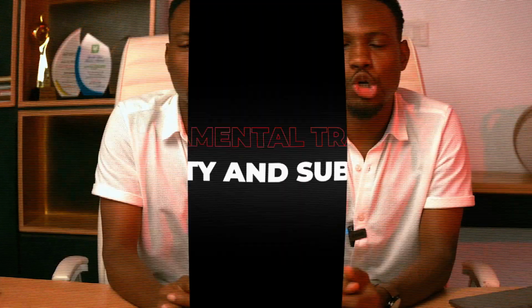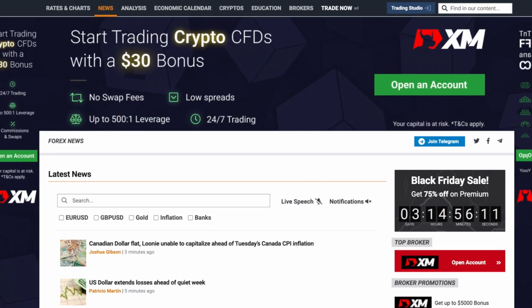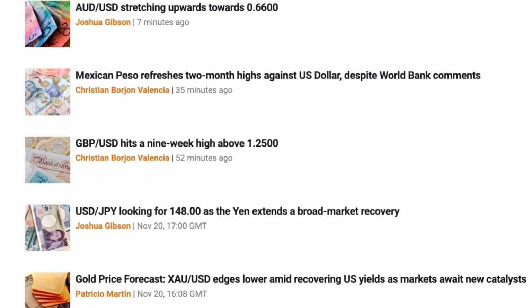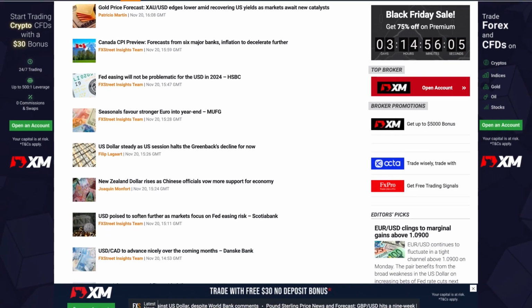The fourth point is complexity and subjectivity. It's subject to so many reasons. You can't just see that the US news is released and it's subject to just one thing. No, there are a lot of things. There are many other factors. It could be social, economic. There are so many other macroeconomic news, microeconomic news that you really have to deal with. So that has raised a lot of eyebrows, because 2 plus 2 is not equal to 4 with fundamentals. 2 plus 2 could be 22. That's just a simple explanation of how subjective it can be.